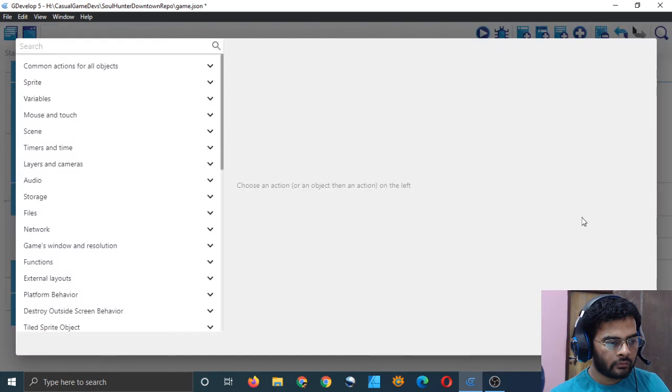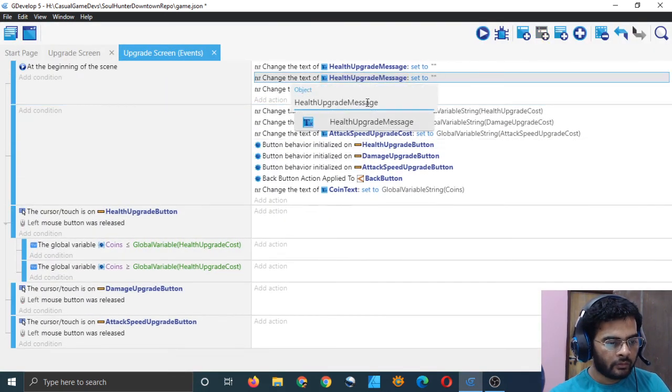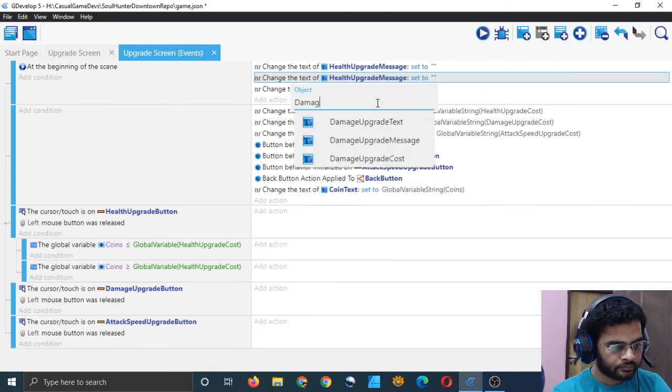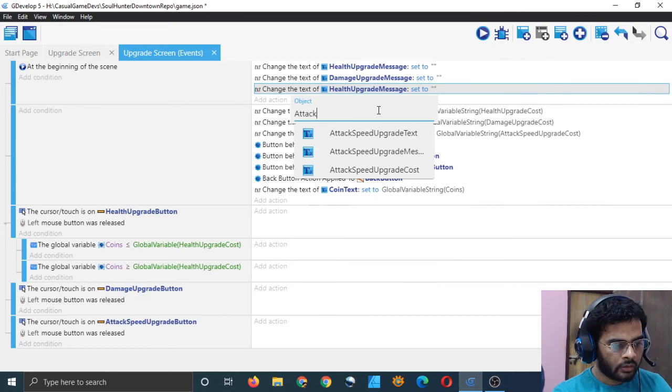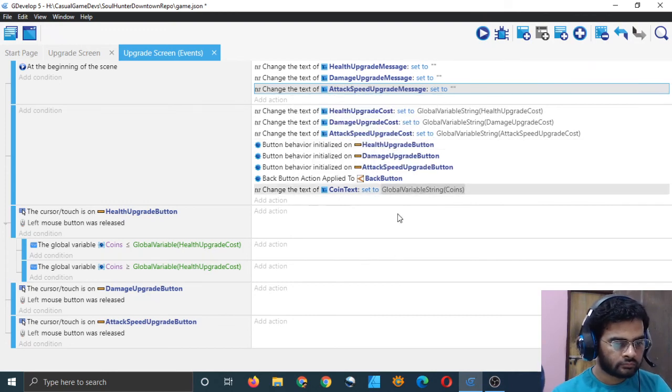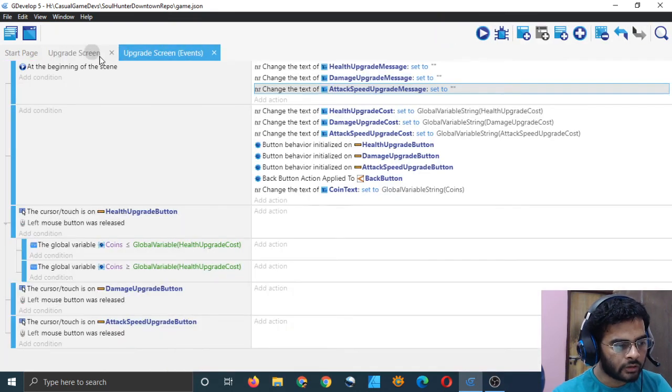Paste, whoops, just paste the action and paste it. Instead of health upgrade, just use the upgrade message. And attack speed, right? So we have done that. They will be set to blank as soon as the scene starts.